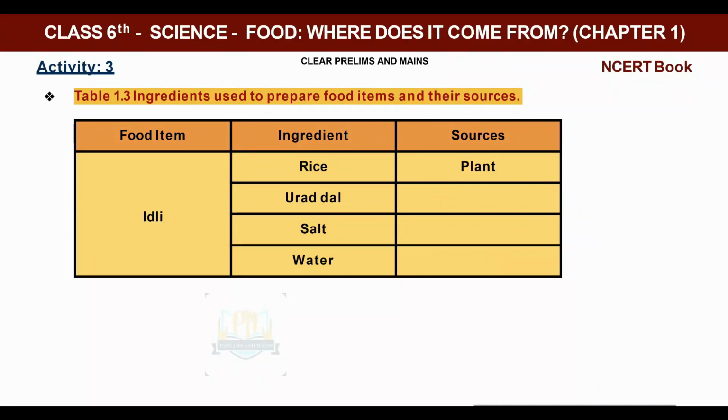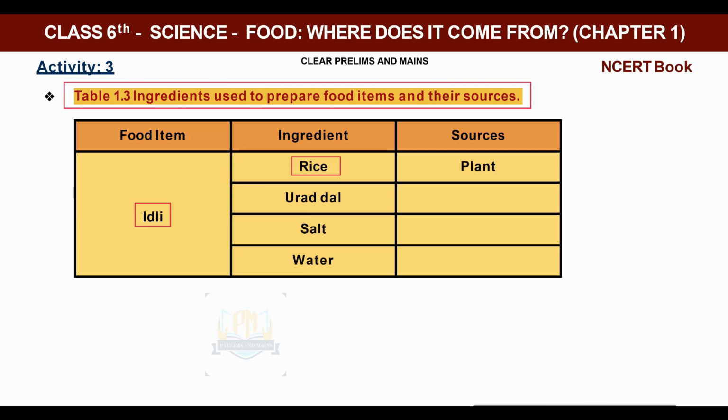आप बुक में देखेंगे, टेबल 1.3 में दिखाया गया है इंग्रेडिएंट्स यूज्ड टू प्रिपेयर फूड आइटम्स एंड देयर सोर्सेस। तो जस्ट एक एग्जांपल के रूप में आप देखेंगे क्या यूज़ होता है। यदि आप इडली देखते हैं तो कैसे बनेगा? इडली के लिए हमें क्या इंग्रेडिएंट चाहिए? राइस, उड़द दाल, बिट ऑफ सॉल्ट एंड वाटर दैट वी नीड। लेकिन ये इंग्रेडिएंट का सोर्स क्या है? ऑल वी आर गेटिंग फ्रॉम प्लांट्स।